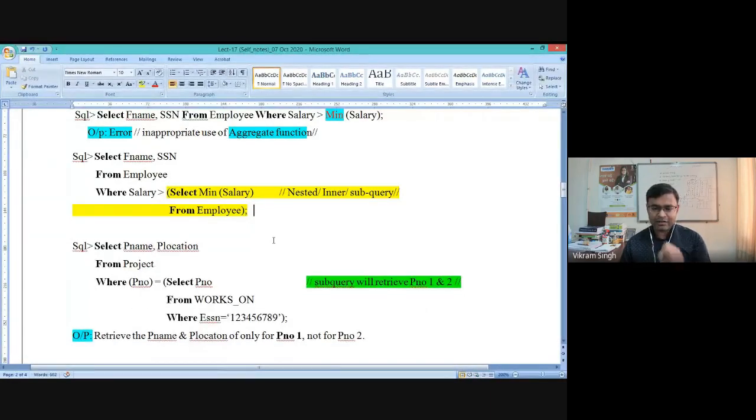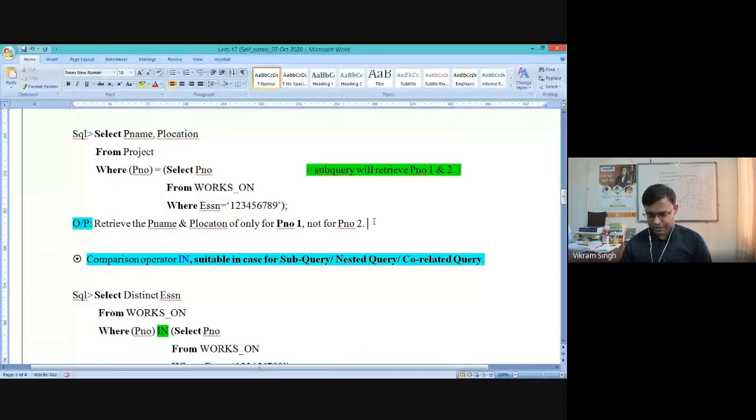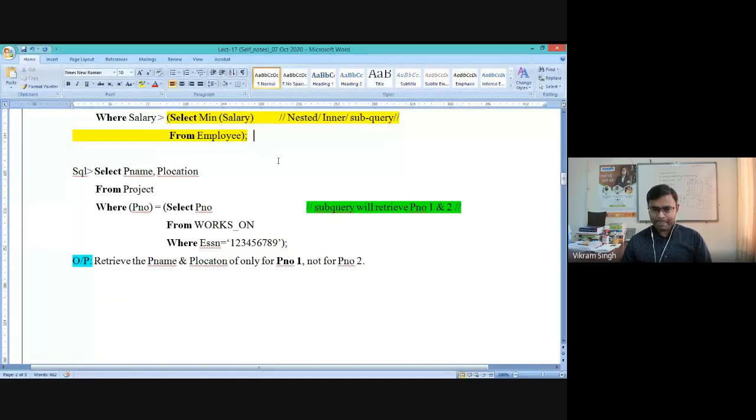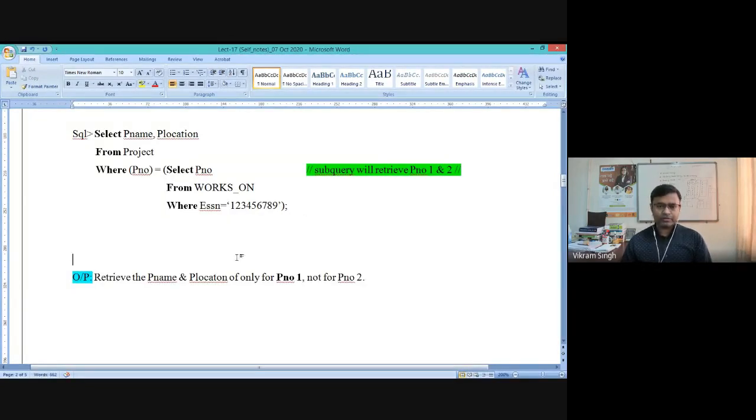Now let's see the second query. So it is similar to that, but it has some different kinds of complications. So now you can see, read this particular query, and we'll discuss the output.